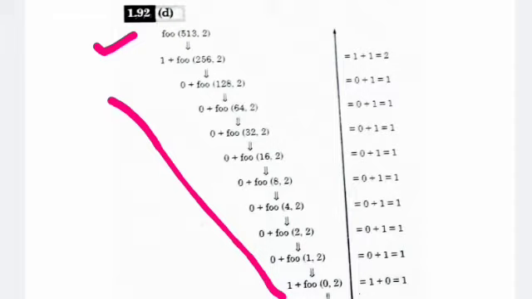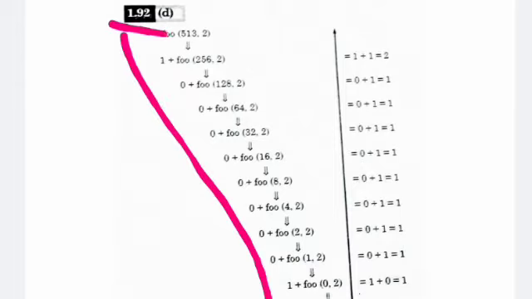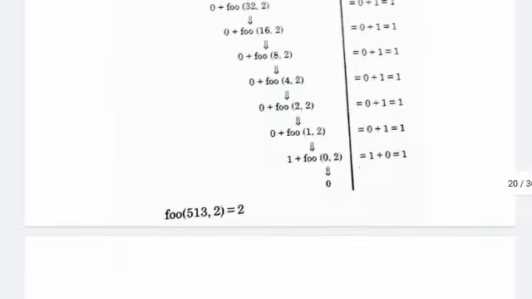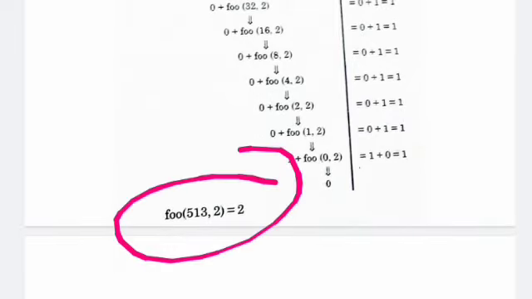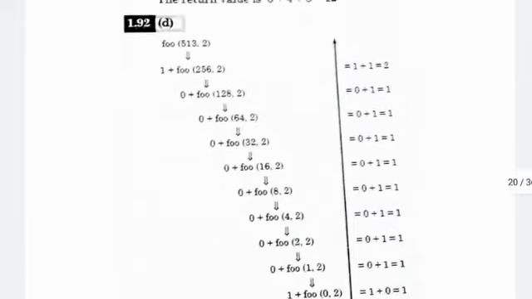It just follows the above procedure which was already done. After adding these values, 1 plus 0 plus 0 plus 1, we get 2. That is the answer for 513 comma 2, so option D is the correct answer.